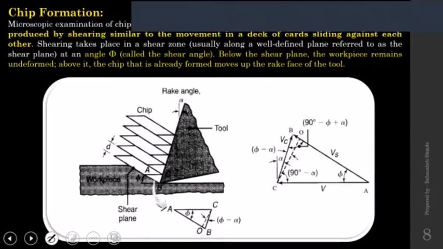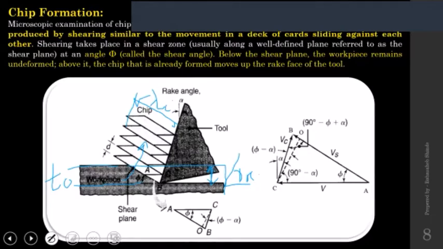Now here, this is the actual dimension of the workpiece. If I start cutting from here, this much material is to be removed in a single pass. So this height we call the depth of cut. Also, we call it t0, that is the uncut chip thickness. This one we have discussed. And when it gets transformed into a chip, its thickness increases, and that becomes tc, and that is called the chip thickness.